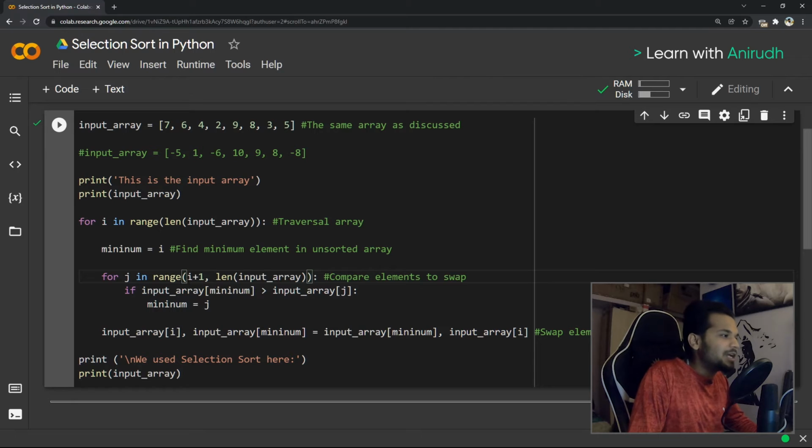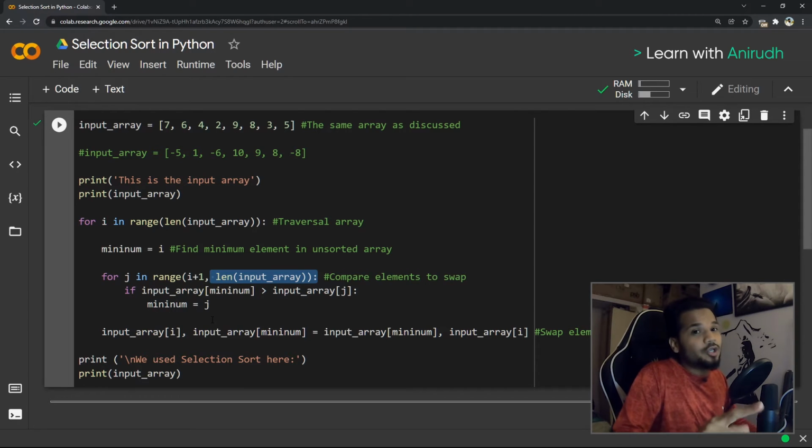All we have to do is pick up the elements from the next position of that and go until the end of the array. Now assume that if this is the most minimum element here, you will not use that again for your comparison. You're going to use everything else. That's the reason we're going to be using i plus 1 and go all the way to the end of that particular array. Okay, so we know the logic of how we're going to compare.